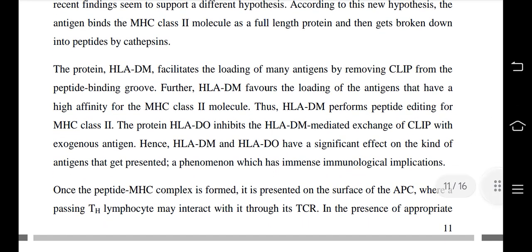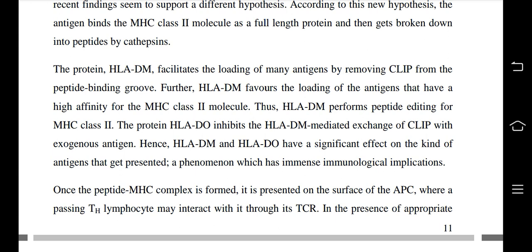The protein HLA-DM facilitates the loading of many antigens by removing CLIP from the peptide binding groove. Further, HLA-DM favors the loading of antigens that have a high affinity for the MHC class II molecule. This HLA-DM performs peptide editing for MHC class II. The protein HLA-DO inhibits the HLA-DM mediated exchange of CLIP with an exogenous antigen. Hence, HLA-DM and HLA-DO have a significant effect on the kind of antigen that gets presented, a phenomenon which has